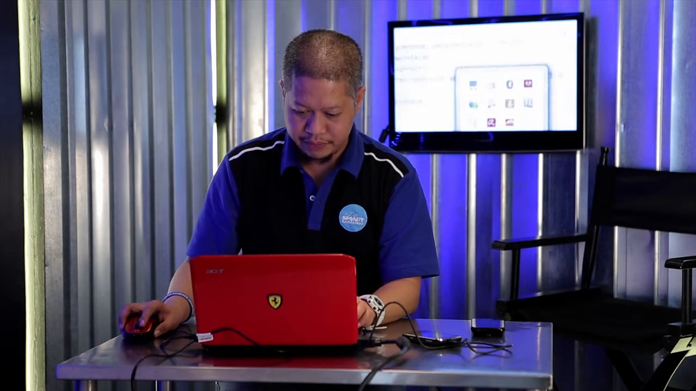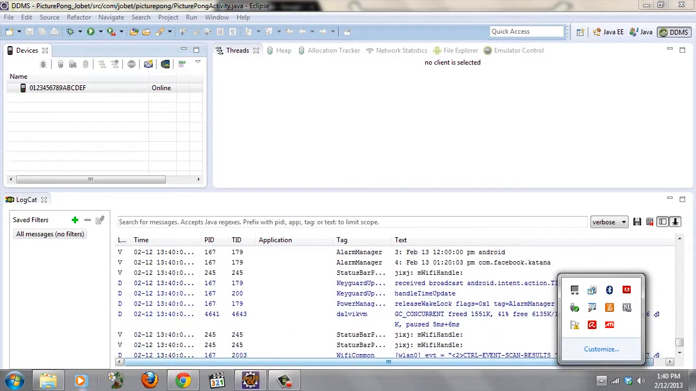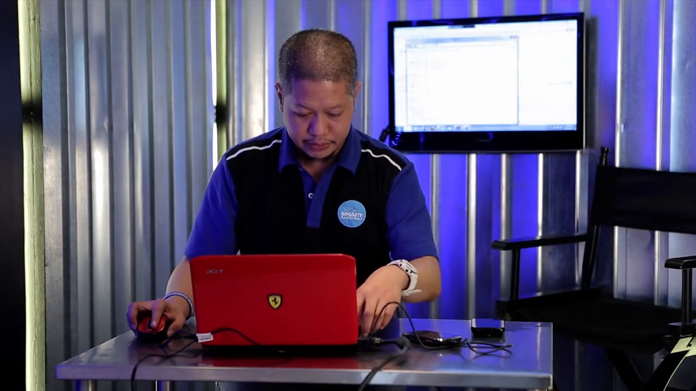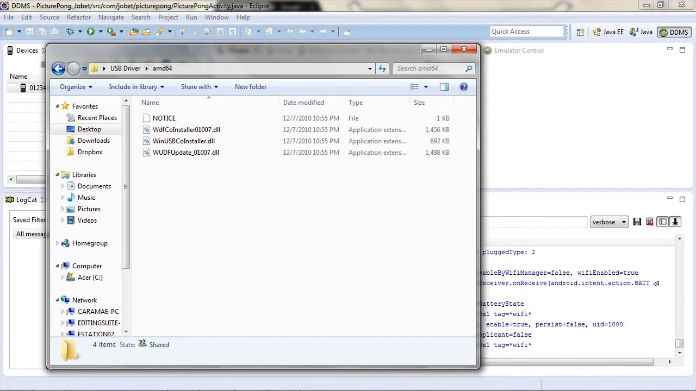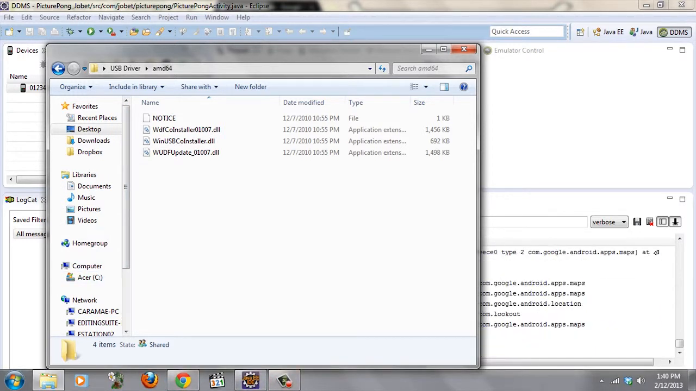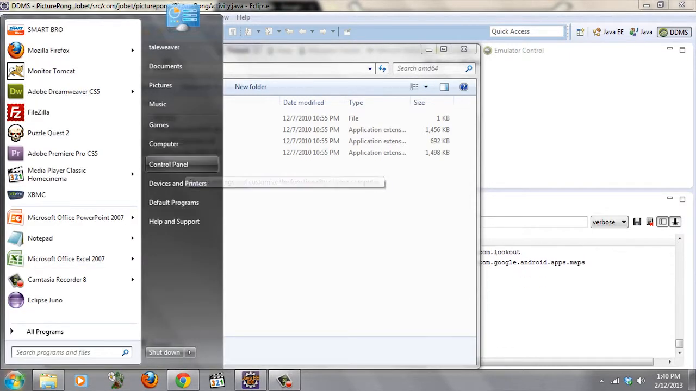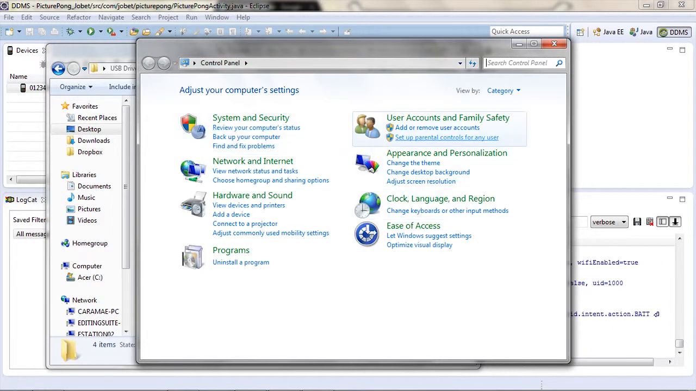If the installation was successful, you of course would see the USB symbol under Windows. So your device was recognized. If you go to Windows Explorer, depending on your phone model, it may or may not appear here as a drive. And then if you go to your computer's control panel, if you go to control panel and then you go to device manager, you should be able to see